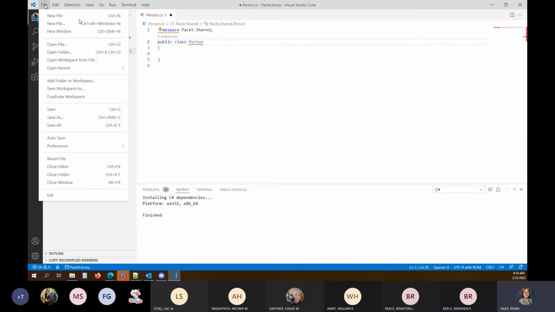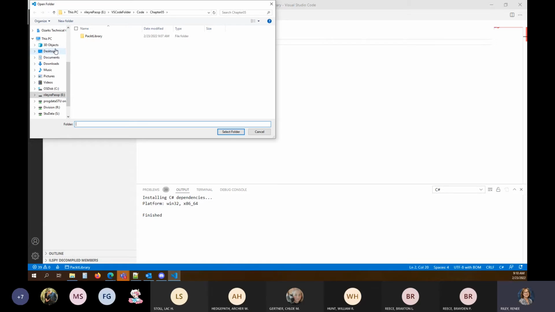So I'm going to choose Open Folder. And the folder that I want to open is going to be called People App. So let's create a new folder, People App.